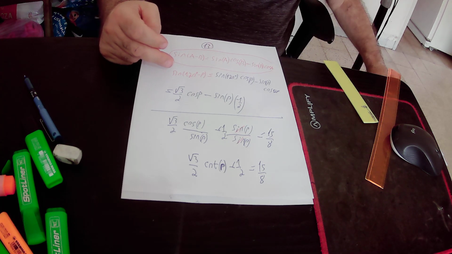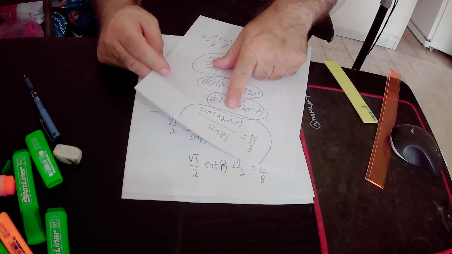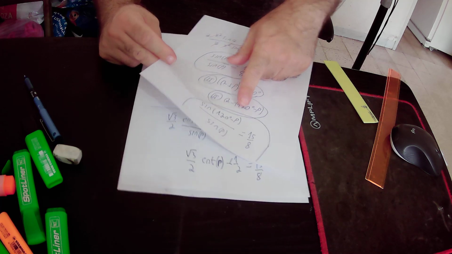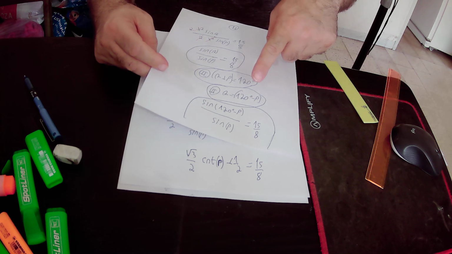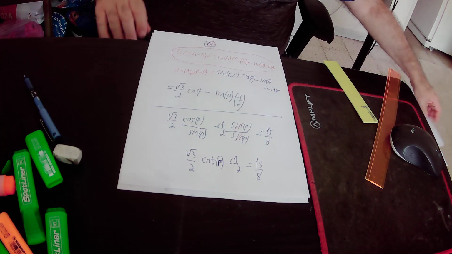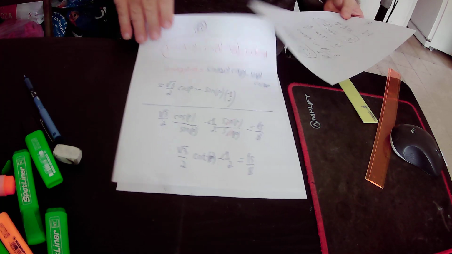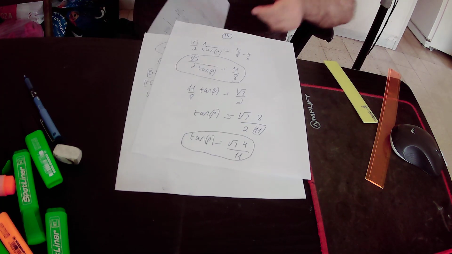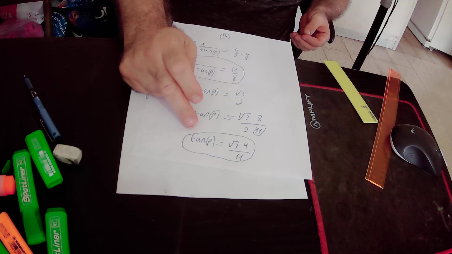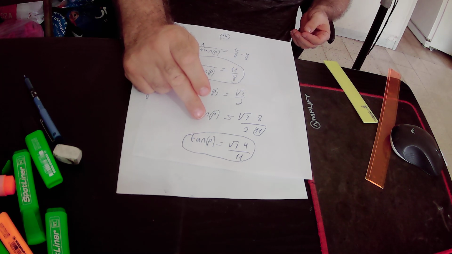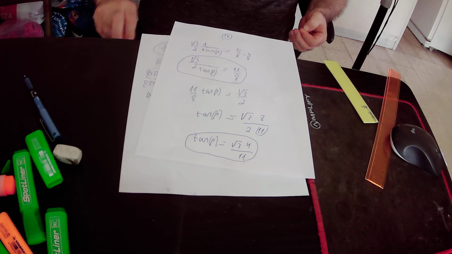And then we substituted sine of 120 degrees minus p by this expression, and we got that tangent p equals root 3 times 4 over 11, and